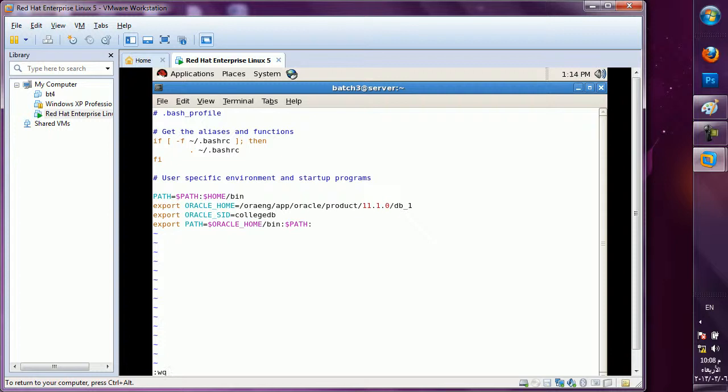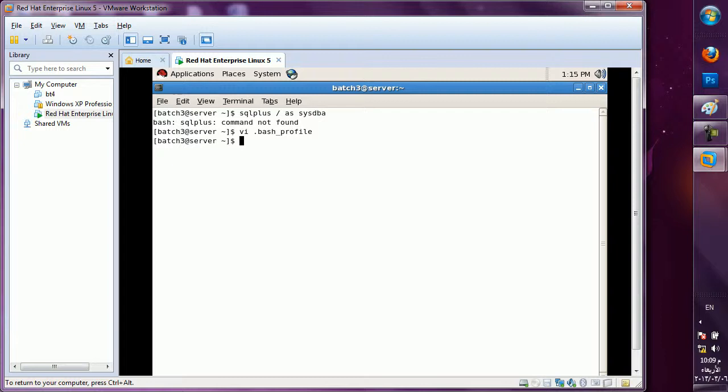Sometimes, by mistake, some other file is opened and you don't want to save. If you want to quit without saving, use Q colon, and with saving, WQ. Press Enter. This is the method to come out from an editor file, any editor file like this. For typing, press Insert. After typing, to save and quit, press Shift colon WQ.